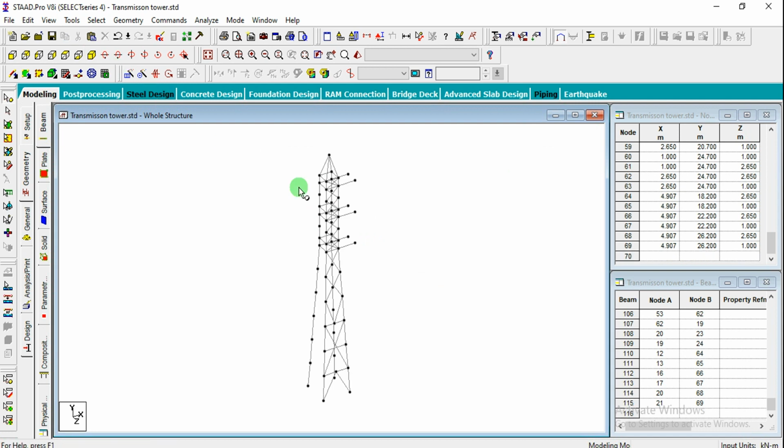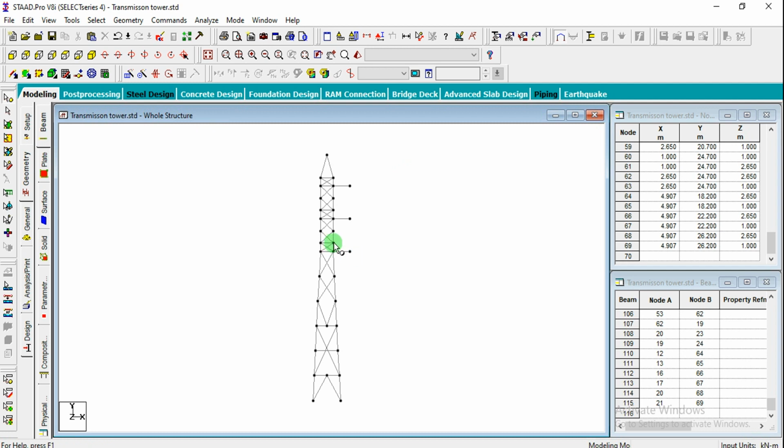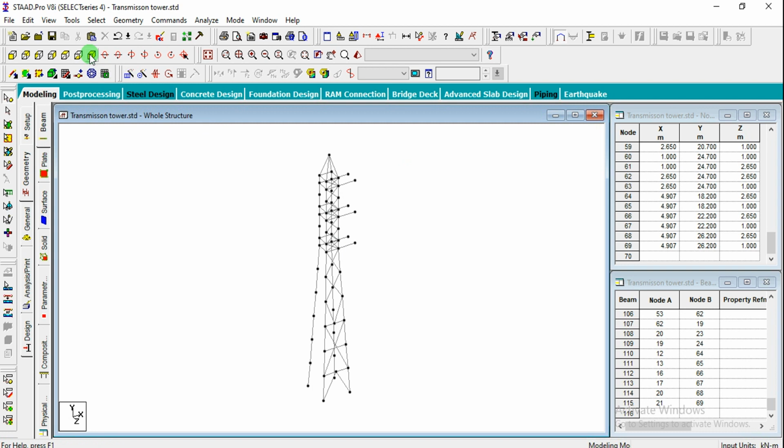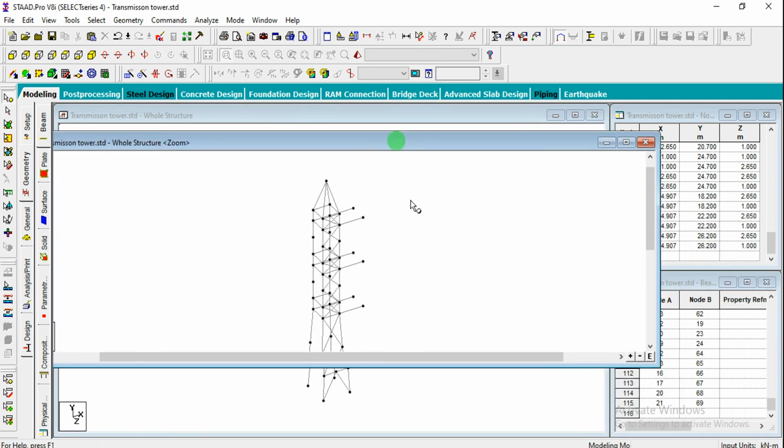So we got the horizontal members like this, but we need to join them. So that has to be joined with respect to the above nodes. Okay. So just we can separate this or we can draw. So let me zoom this part for example. So you can see that in this window. Going for add beam. So from this node I can add a member here, and similarly from here to here and from here to here.